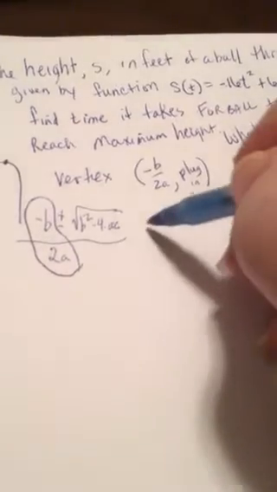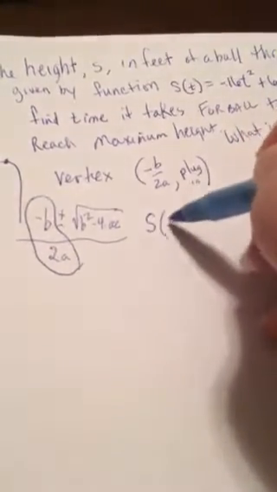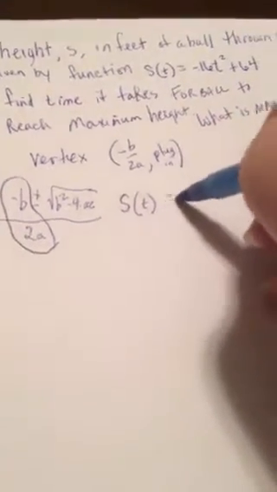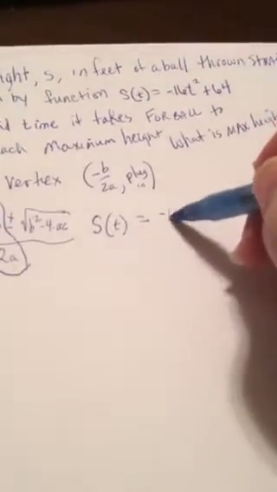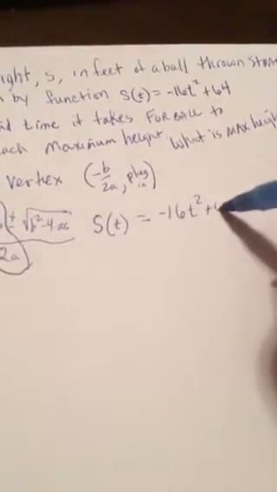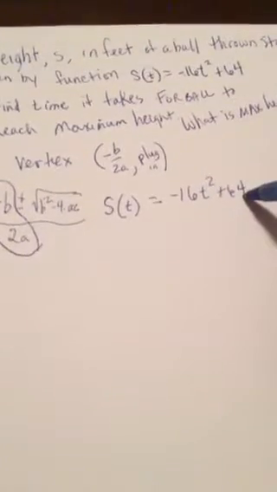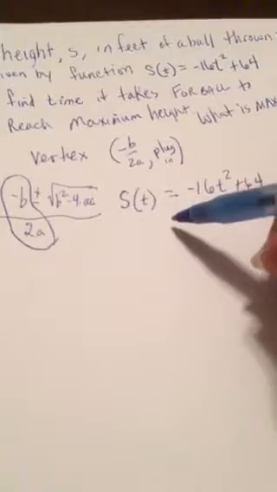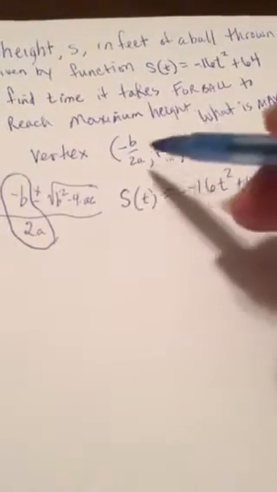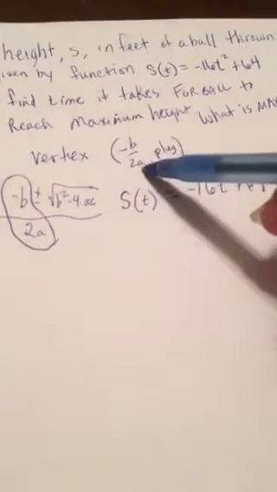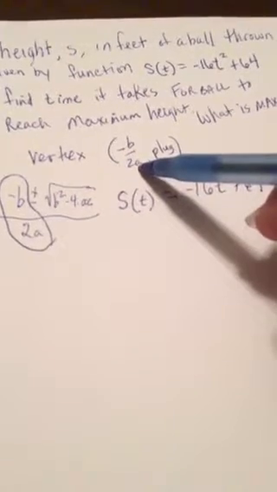So if we look back at this equation that they gave us, s of t equal to negative 16t squared plus 64, they're saying we can use this to find the amount of time. If we find the vertex, we can find the maximum. So